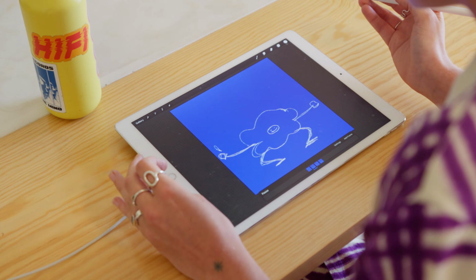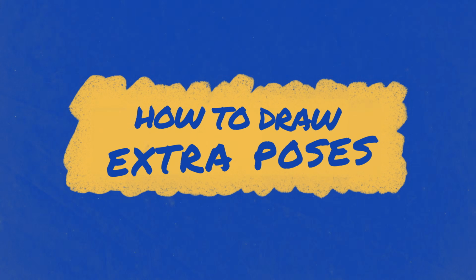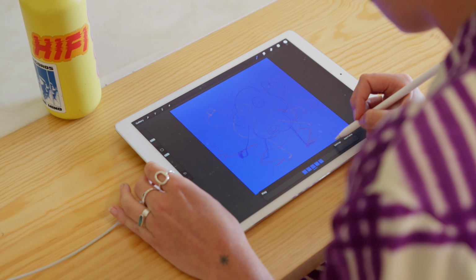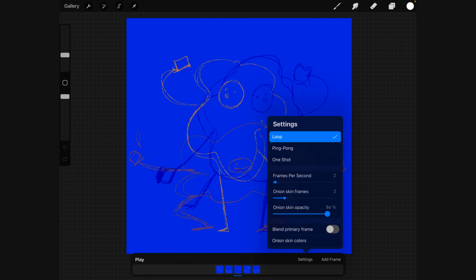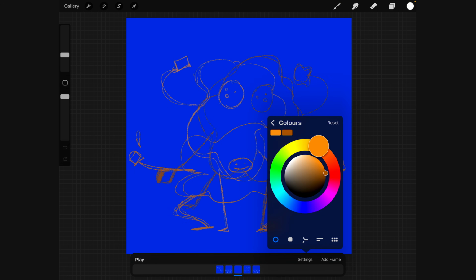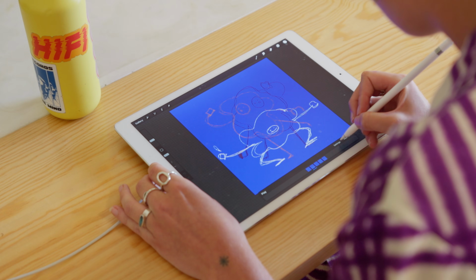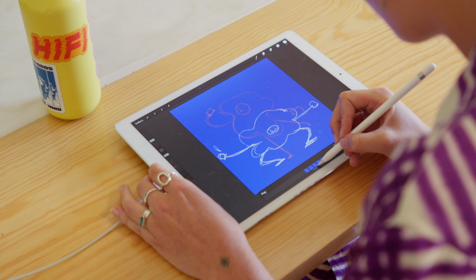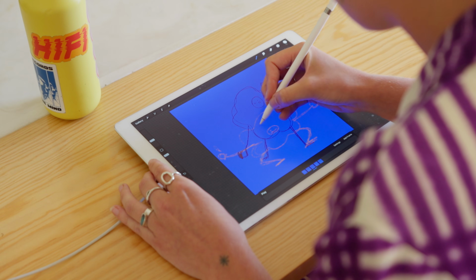Let's keep playing it. I think we should add a little bit of more spice in the middle. It's a bit boring in my mind, just drinking coffee, bending down, eating toast. So maybe let's add a little spin in the middle here. And I might make the onion skin opacity a little bit higher and go in again and make sure that both of these onion skin frames are the same. We can make them slightly different colors, just so we can see what's going on a bit better. So let's change this back down to 1 again, and he's just bent down and we want him to now spring back up and spin around.